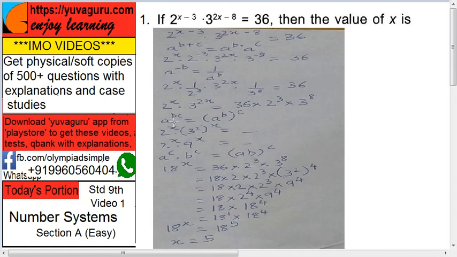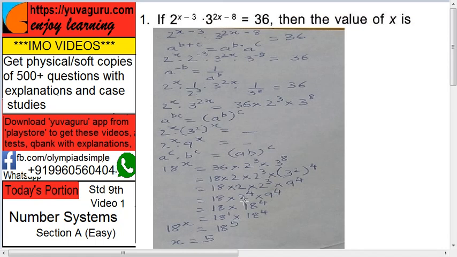It was here, this a raised to bc. So this becomes 3 raised to 2, which is 9. So 18 into 2 into 2 raised to 3 into 9 raised to 4. Now what is this 2? Nothing means 2 raised to 1. So it becomes 18 into 2 raised to 1 into 2 raised to 3. So again come back over here, this top one, a raised to b into a raised to c equals a raised to b plus c. So this becomes 18 into 2 raised to 3 plus 1, that is 4, into 9 raised to 4.